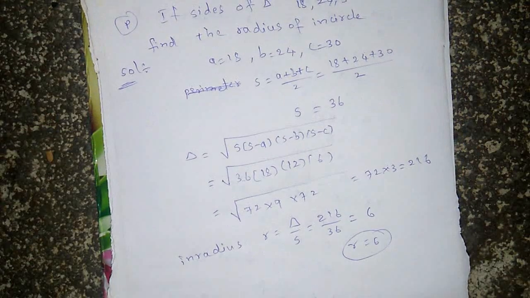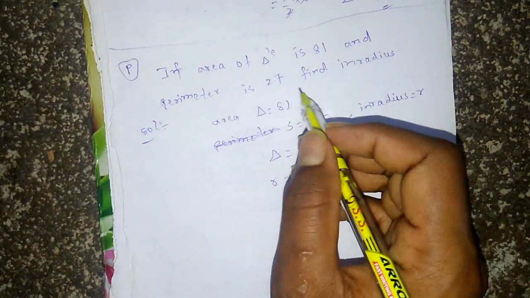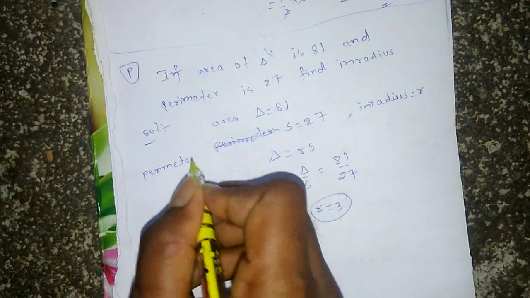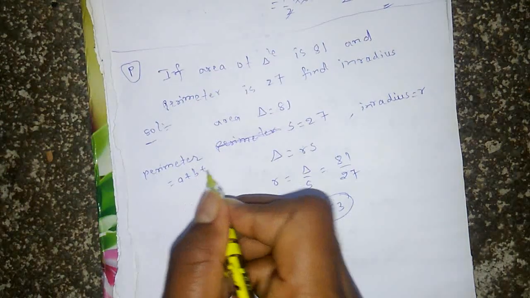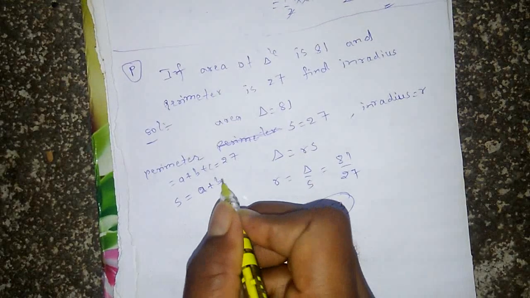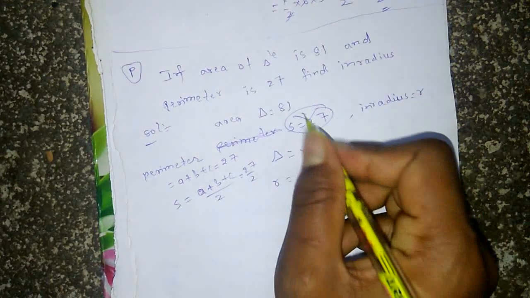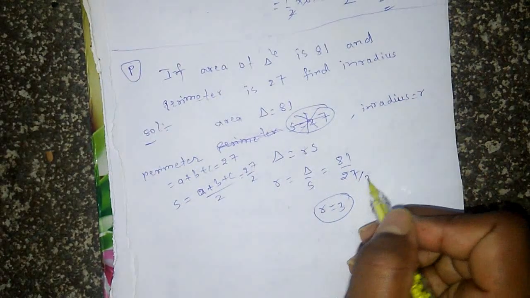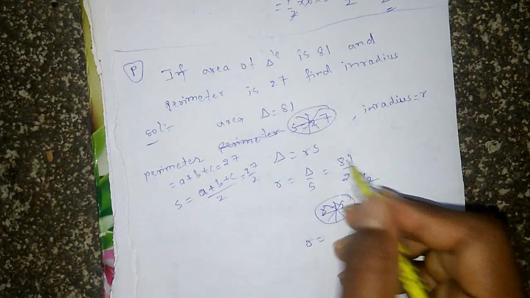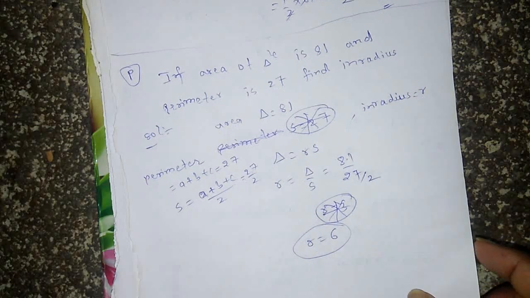So in the earlier problem, area of the triangle is 81 and perimeter is 27. Find inradius. Here actually perimeter is given, there was a small mistake. Perimeter is equal to a plus b plus c, that is given as 27. Now s is equal to a plus b plus c by 2, that is 27 by 2. So here I took s as 27, that is a mistake. So this is 27 by 2. Therefore r is equal to 81 by 27 by 2, 3 gets cancelled, 2 3 is a 6. Okay, correct. There is a small correction here.